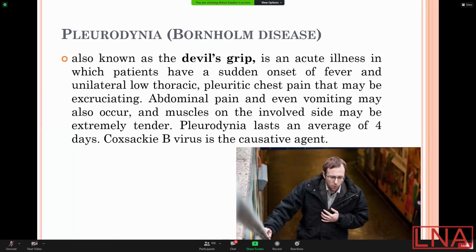Example number 3 is about Coxsackie B virus. Pleurodynia, or bornholm disease, also known as the devil's grip, is an acute illness in which patients have a sudden onset of fever and unilateral low thoracic pleuritic chest pain that may be excruciating. Abdominal pain and even vomiting may also occur, and muscles